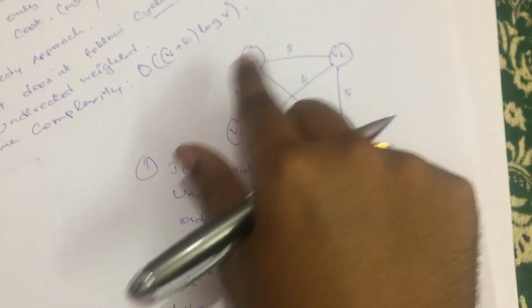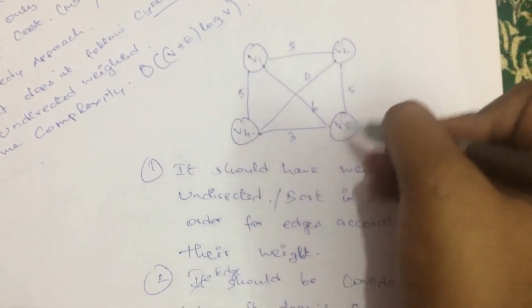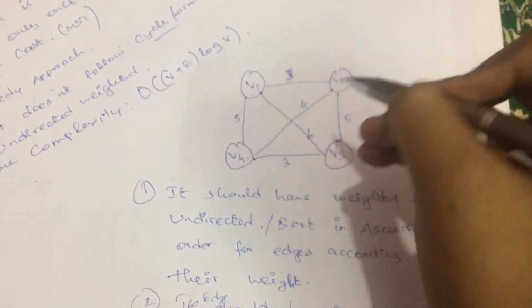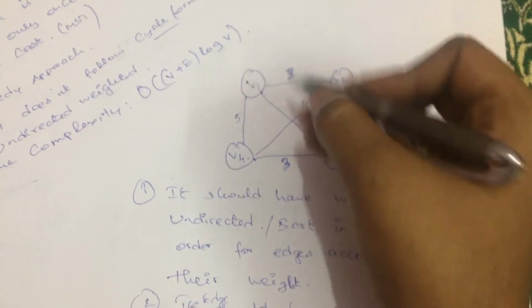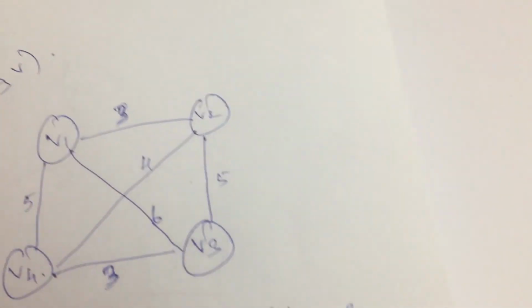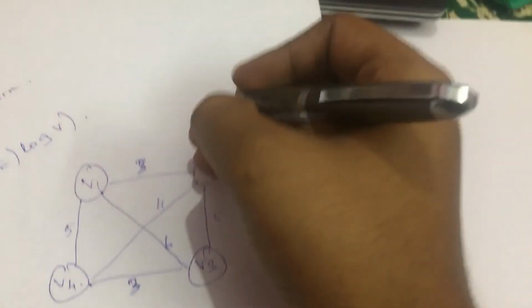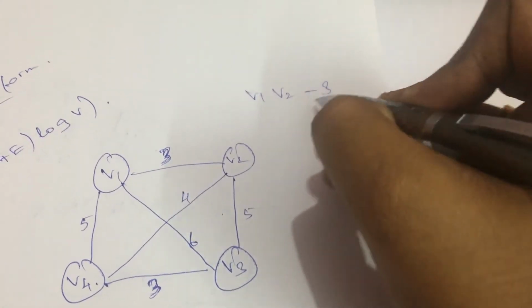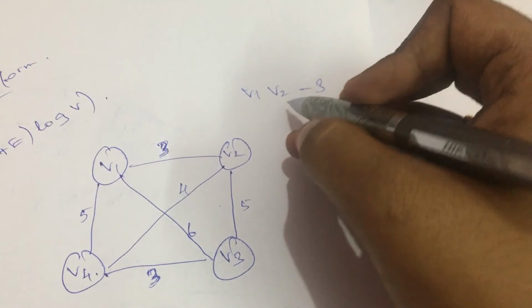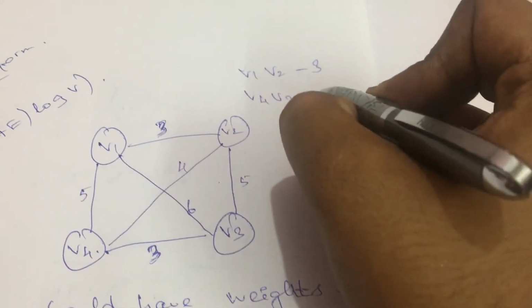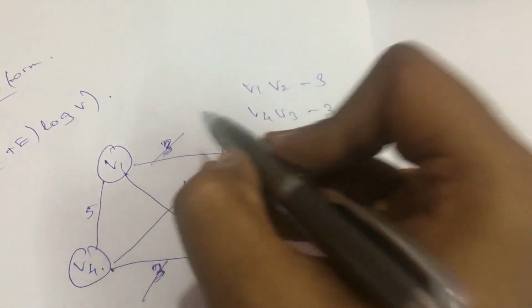So first, considering this entire graph, I need to plot this according to their weight. If I consider the minimum weight, it is going to be 3, and 3 is repeated twice. So let's write both the 3s first. Let me use a next paper over here and write the entire values nearby. The first value will be v1 v2 and the edge is 3, and the next one is v4 v3, again with edge 3. So this 3 and this 3 are done now.